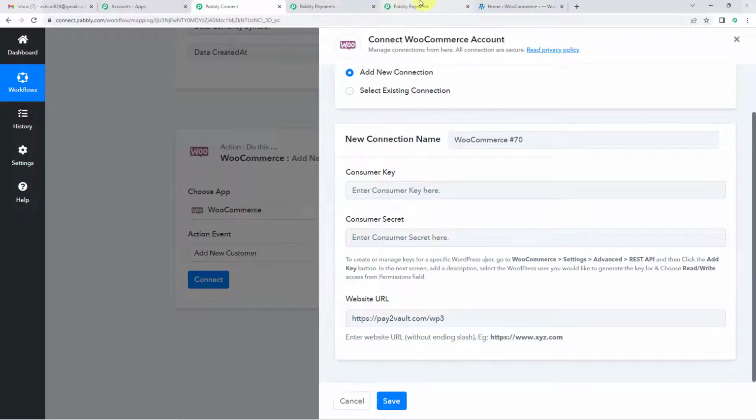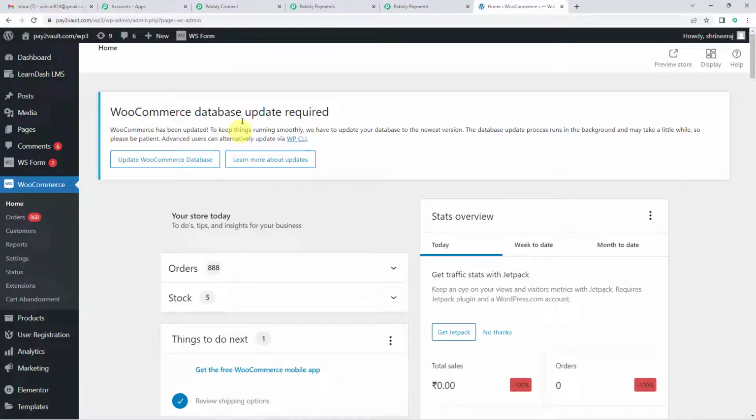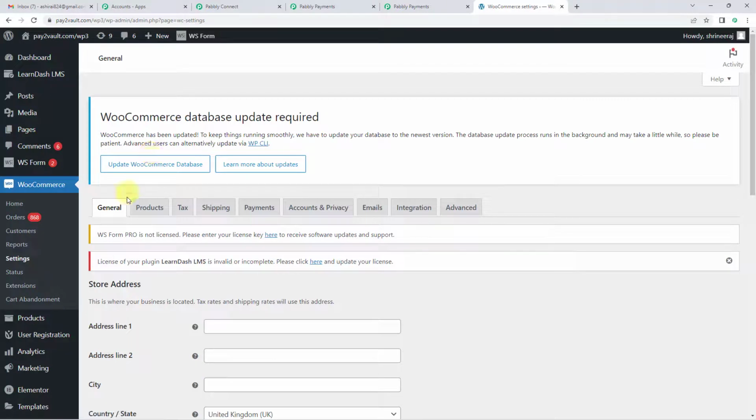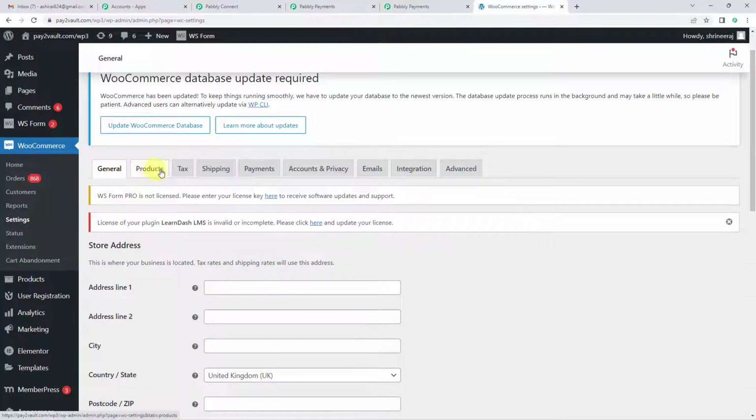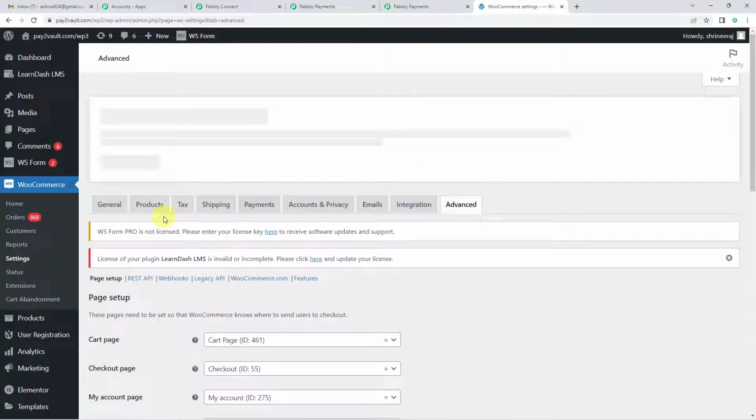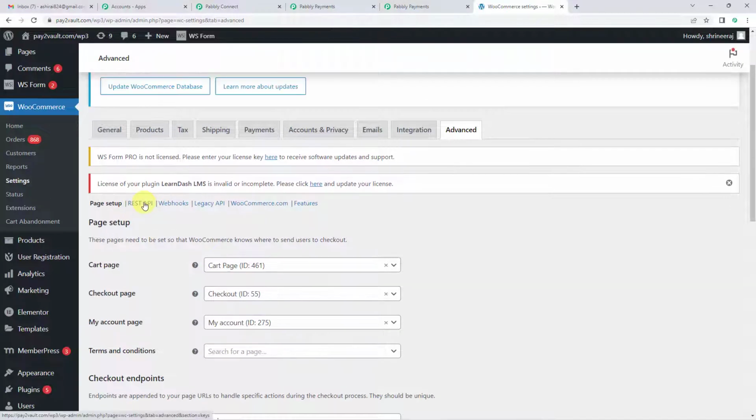Okay, let us do this. Here it is. My WooCommerce is already opened here, like you can see. So now I will straight away go to settings. And here you will see this menu opened here, general product tags, shipping and others. So last, I'm going to select the last one, that is advanced, like it was mentioned in the instructions. And once I click on advanced, it will show this sub menu here, REST API, webhooks and so on. So I'm going to click on REST API